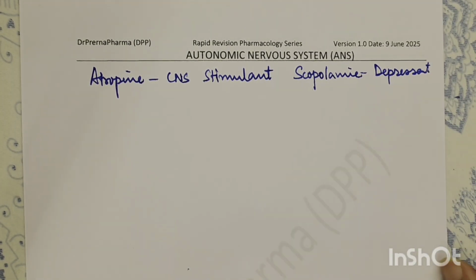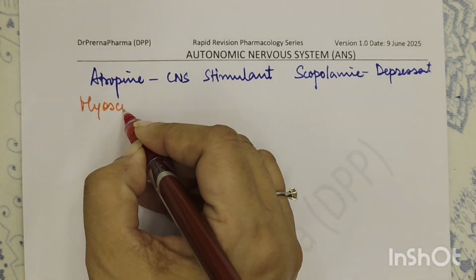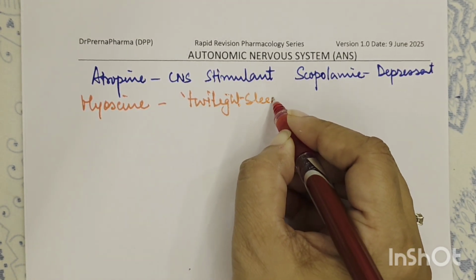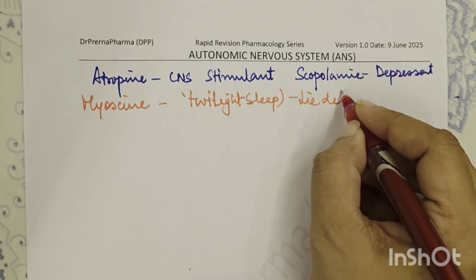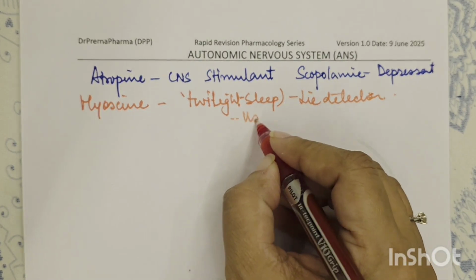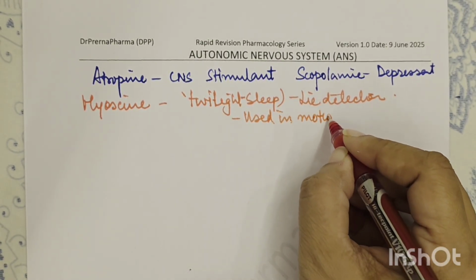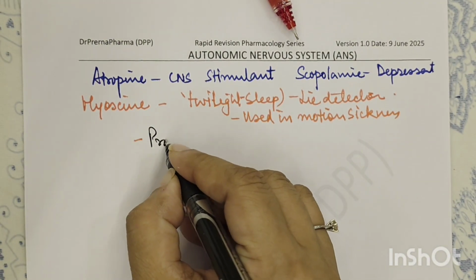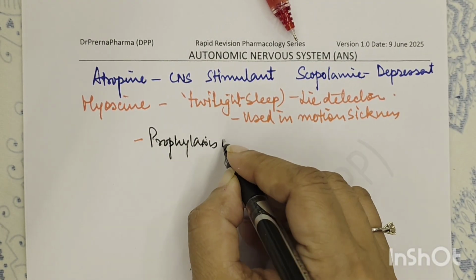Okay, now let's take them one by one. So hyoscine के uses क्या होते हैं? Basically this induces twilight sleep kind of situation. So it is used as a lie detector. Then it is used in motion sickness. Okay, remember one thing, prophylaxis of motion sickness,